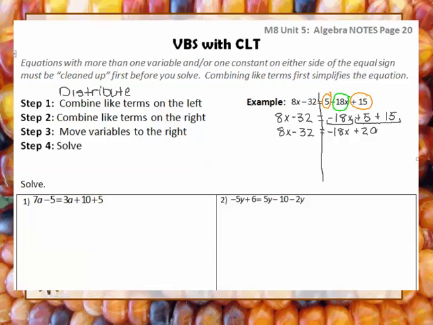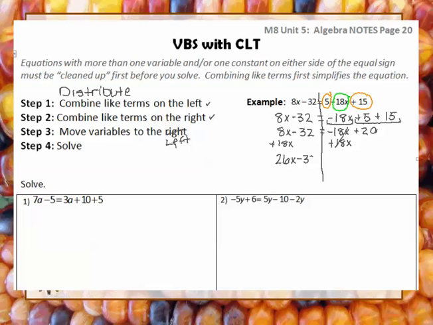Now, I combine like terms on the left, I combine like terms on the right. I need to move all the variables to the left. Letters to the left. So I'm going to move this letter here. I'm going to say plus 18x. And remember, you're combining it with your x's. Don't put it under the 32. It has to be under that x term. Cancels here. 8 plus 18x gives me 26x